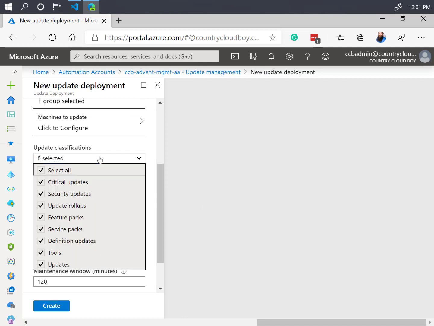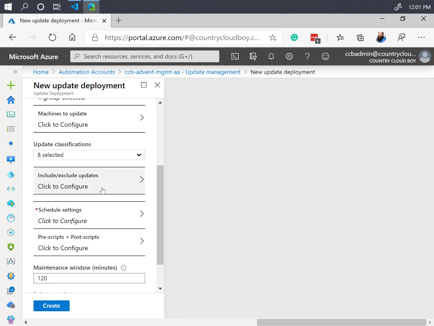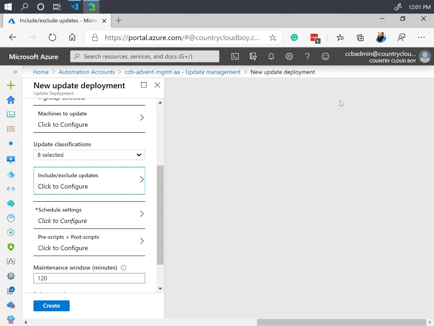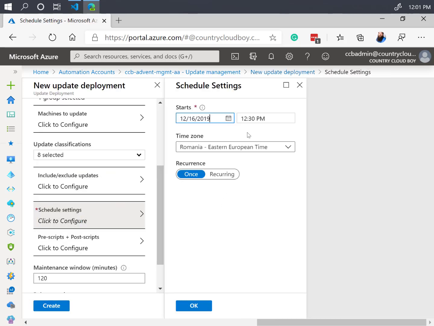Update classifications. You can get kind of granular here. You could tell it what you want here, but for this demo, I'm just going to keep all 8. We could actually exclude some updates if we needed to. For the schedule, it needs to be within, I think, 30 minutes. So if you're going to build a schedule out, it has to be farther out than 30 minutes of the actual schedule. So if I try to do this now,